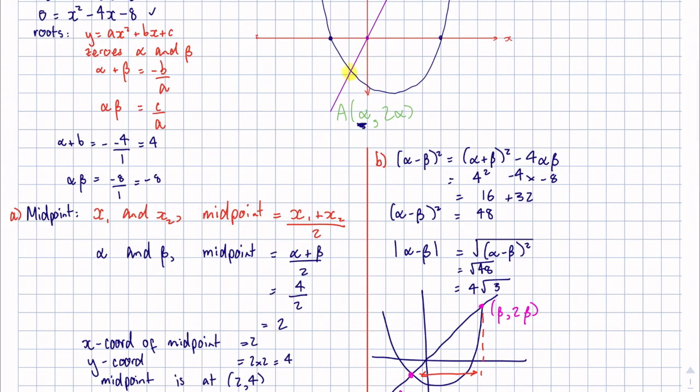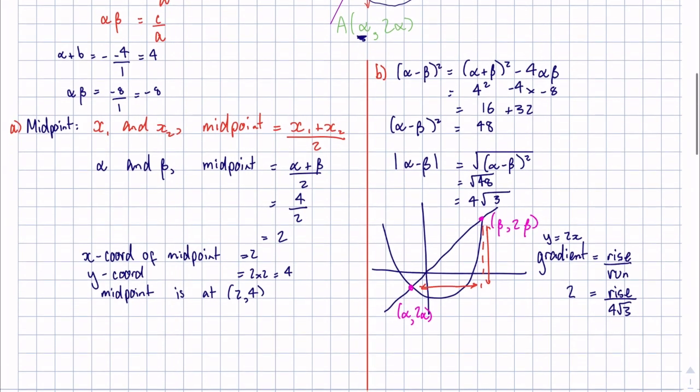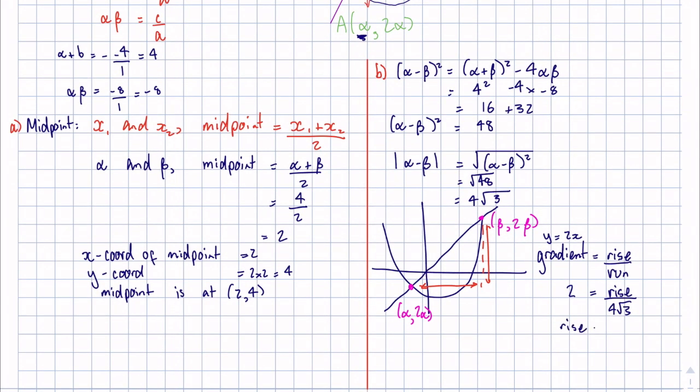If we know the horizontal distance, we can then find out the vertical distance, because gradient equals rise over run. We know the gradient for y equals 2x. The gradient is 2. We don't know the rise, that's what we're trying to find, but we've just discovered the run is 4 root 3 because the run is the horizontal distance. So that means the rise must be 8 root 3, which means using Pythagoras,